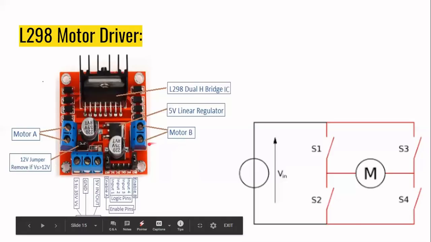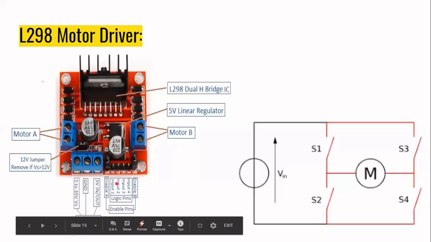Okay, so if input 1 and input 2 are 1 and 0 respectively, then S1 and S4 will be on, so that will make the motor turn in one direction, suppose it is clockwise.